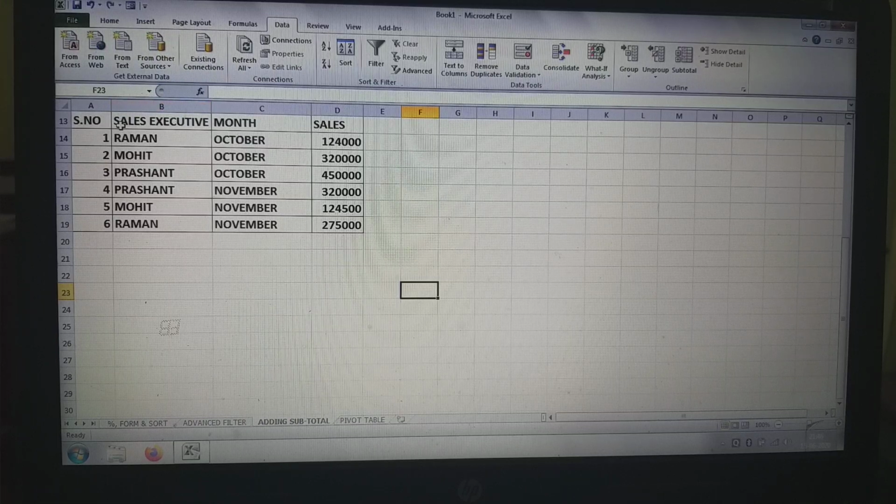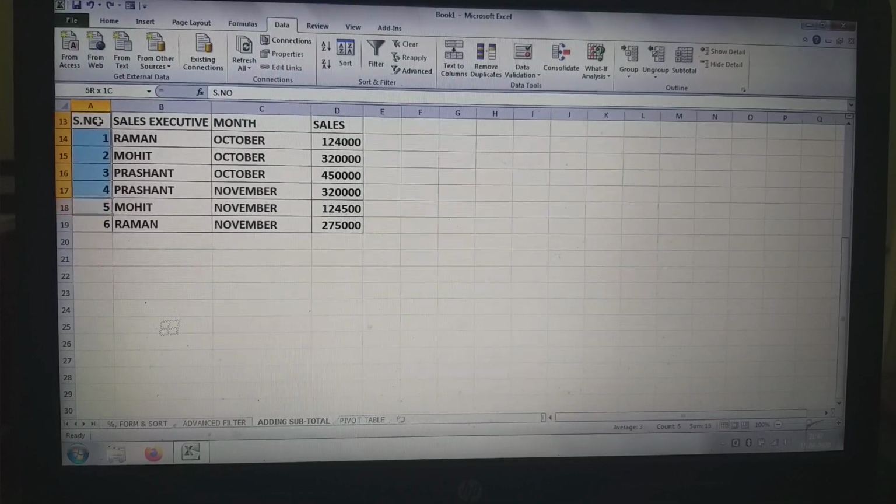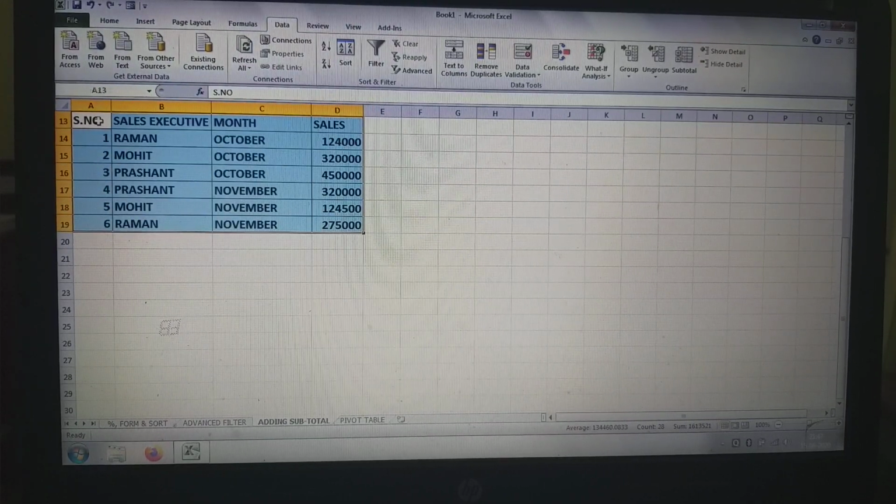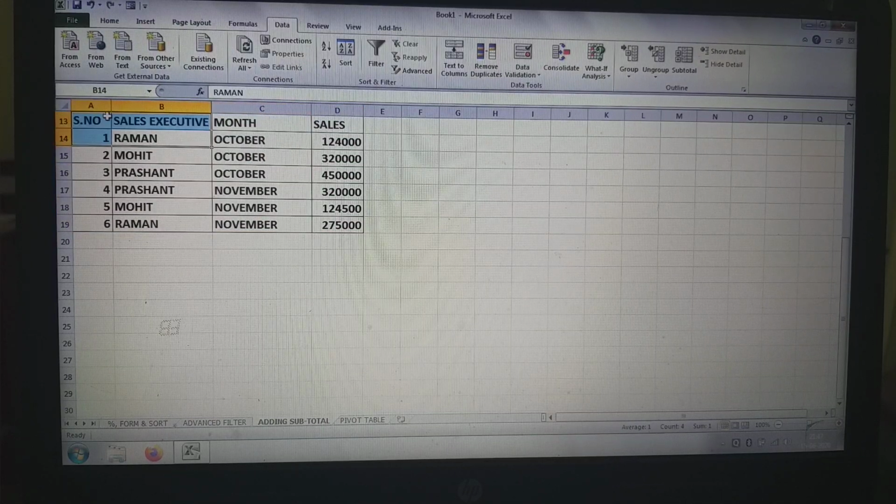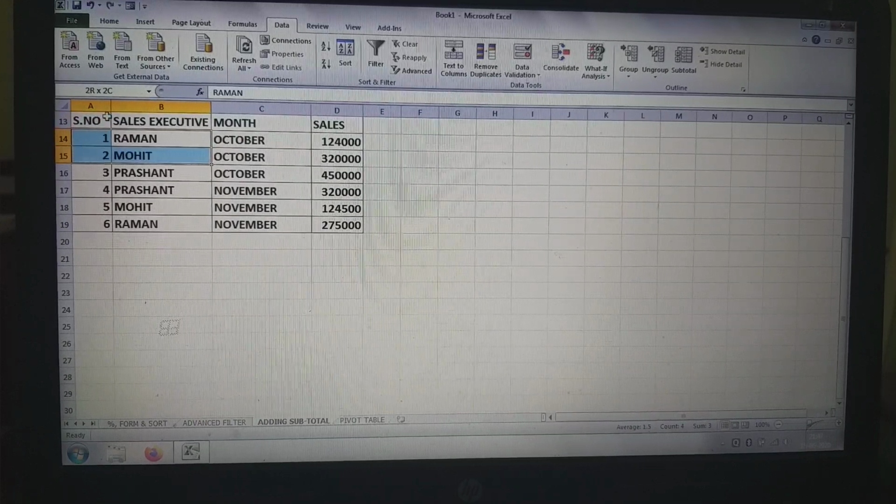To do subtotal calculation, select the cell. It will calculate the month-wise sum of cells. All October total will come together and November total will come together. Now select the range first.